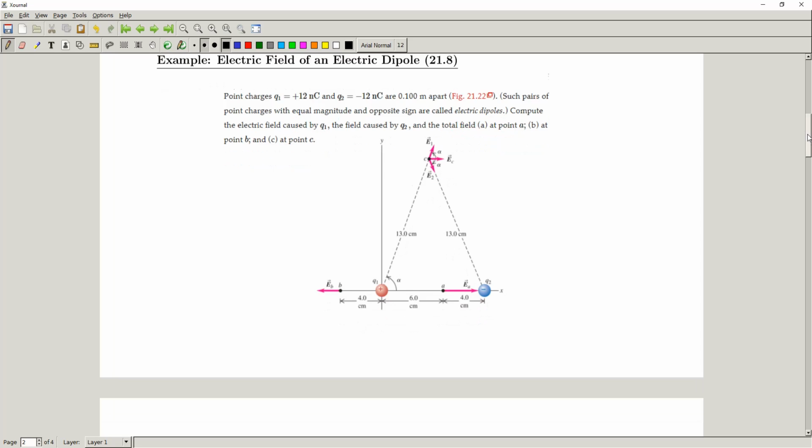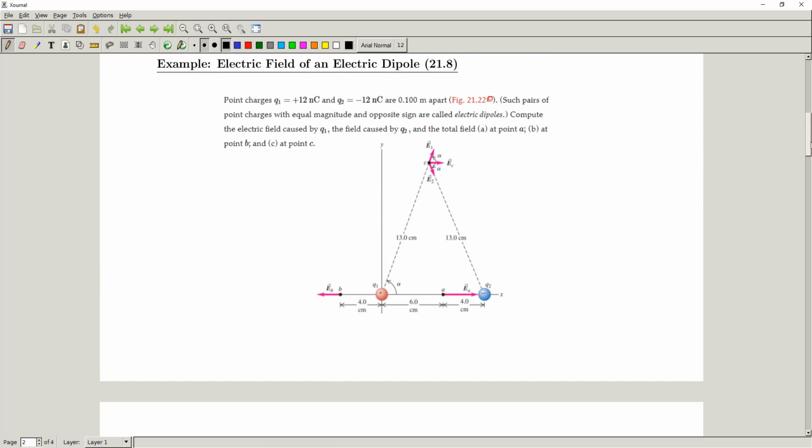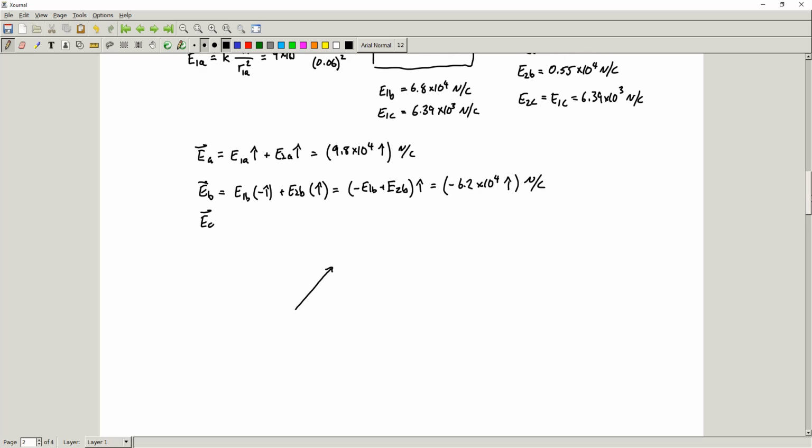Because why is that? Because let's say we take the vector that we have drawn up here, which is going to be E1c, right? So if this is E1c, the vector, we want to tease out the x component of this. We know that the y components are going to cancel between E1c and E2c, but we need to find that x component. So we want to pull out this x component, which I'm going to call E1cx, right? And if this is alpha, we know that E1cx is simply going to be equal to